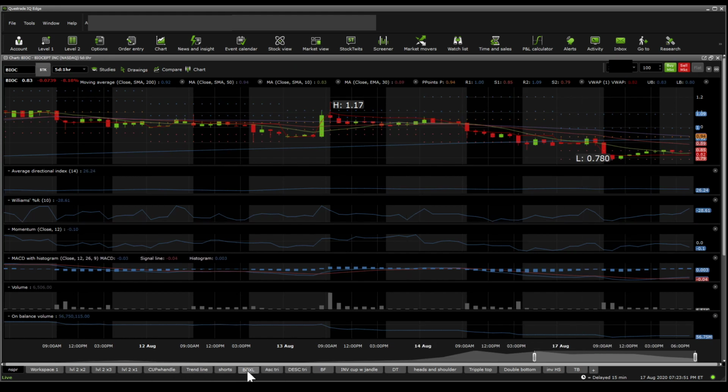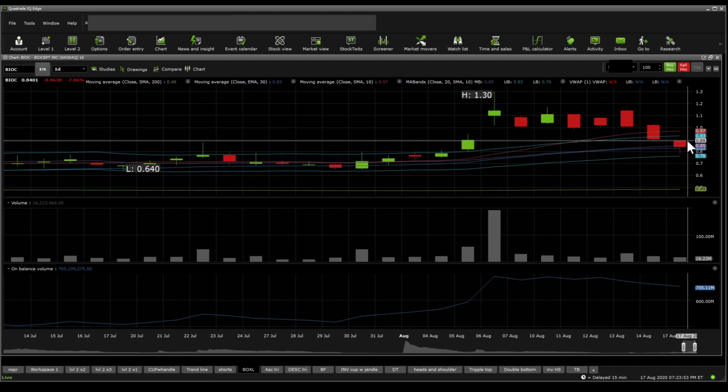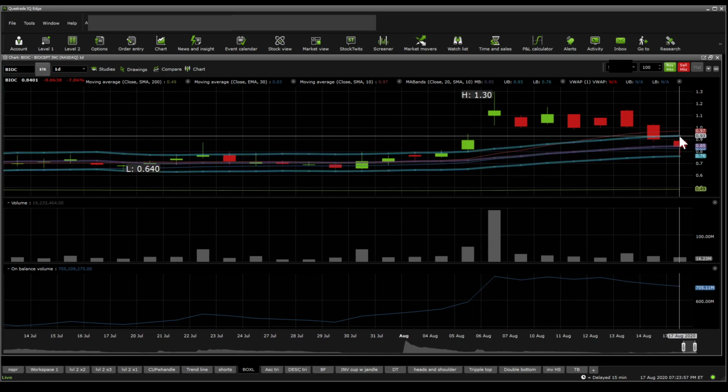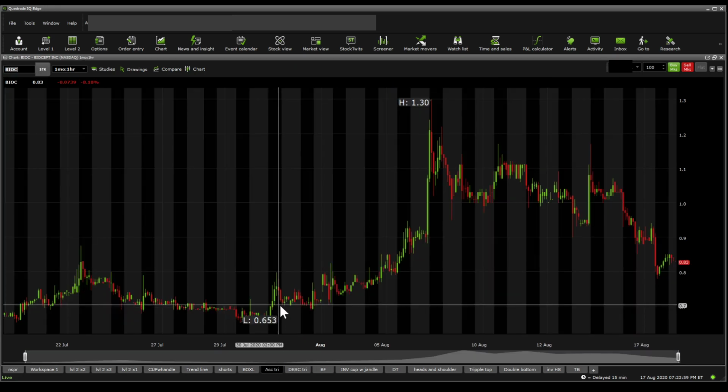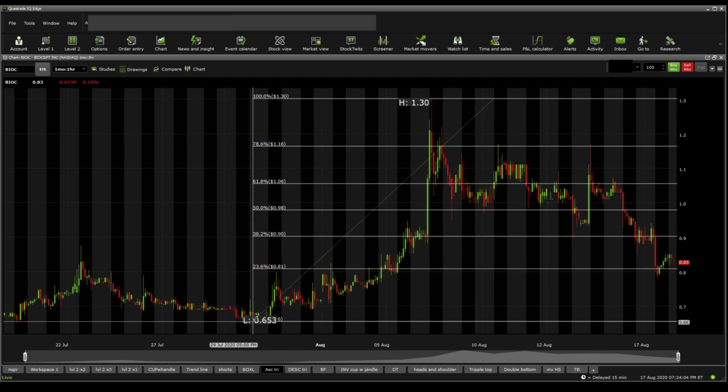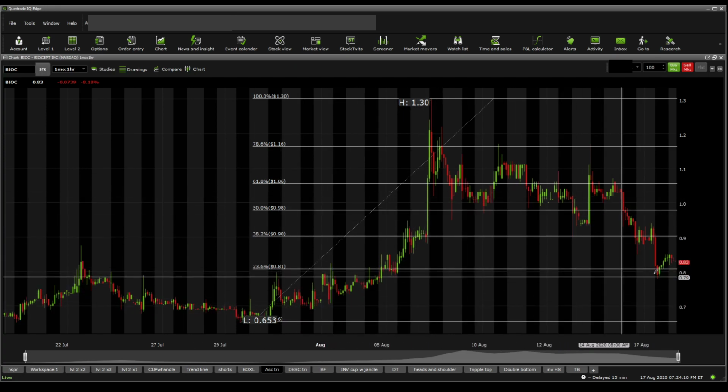Now, going on towards where the moving averages are, you get to see that it is trading within the moving average band between the 0.76 mark and the 0.93 mark, which is expected for this stock. Now, supports and resistances, and what we get to see here is a little bit of a different story in terms of the gap down. This gap has been filled before, and so it's not really a gap down at all, it's just a drop. Where you get to see